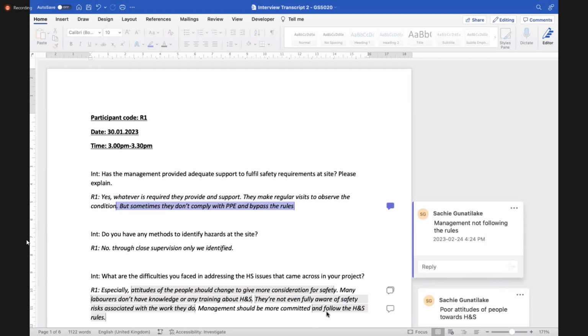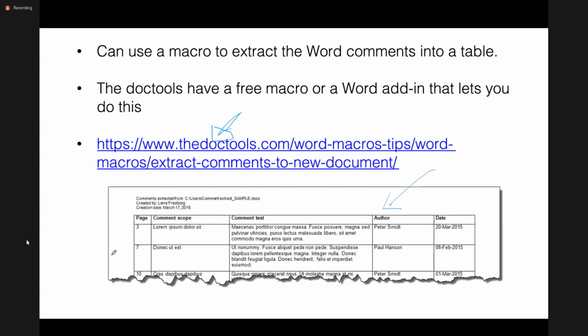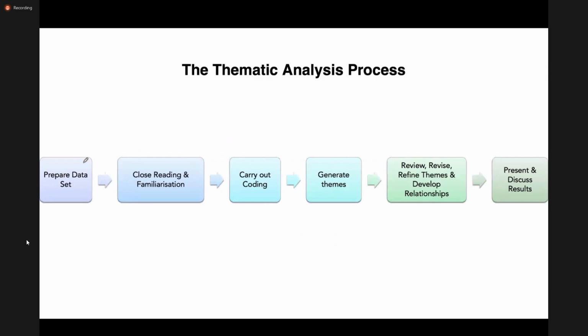And it will automatically produce a table like this: the comment, the page number, and the text that has been put under that comment, and also the author, who did it, and the date as well. So those options are available to you if you're doing manual coding. So this type of tools can be helpful.